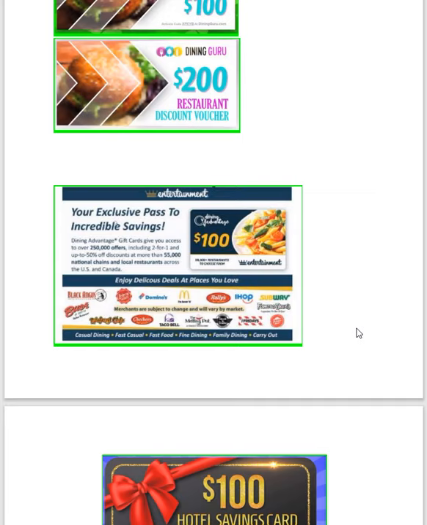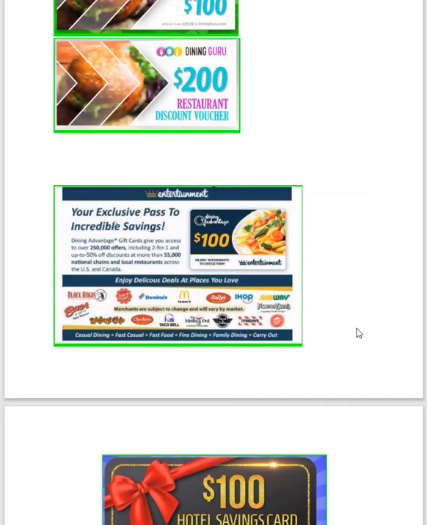Now, this restaurant voucher offer is valid for 250,000 offers, and these offers are valid in 55,000 national chains and local restaurants in Canada and the US. So your customer has to live in the US or Canada, or they can use it when they come here to visit.